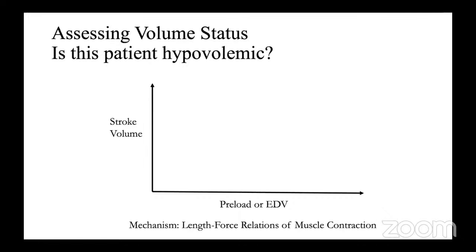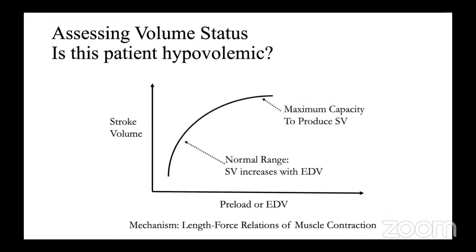We are all familiar with the Frank-Starling curve, which explains the length and force relationship of muscle contraction. Since the heart is a muscle, there is no reason why this should not apply to the cardiac contraction. So on the x-axis, we have the preload or the end-diastolic volume. On the y-axis, we have the stroke volume. And when we draw the curve,